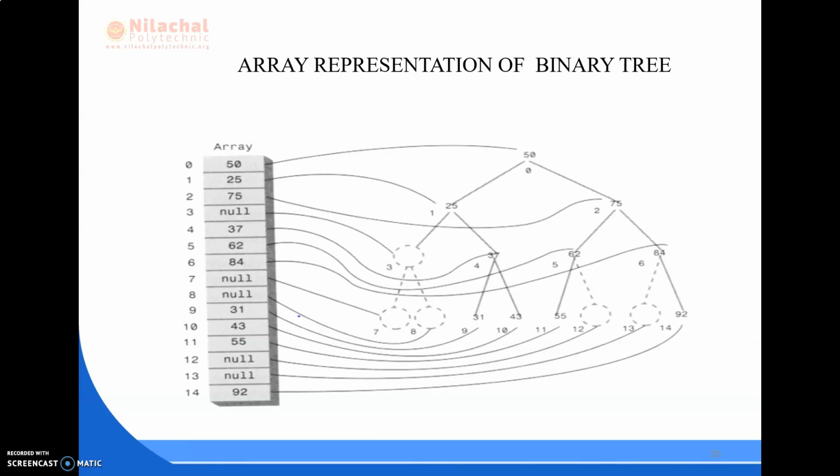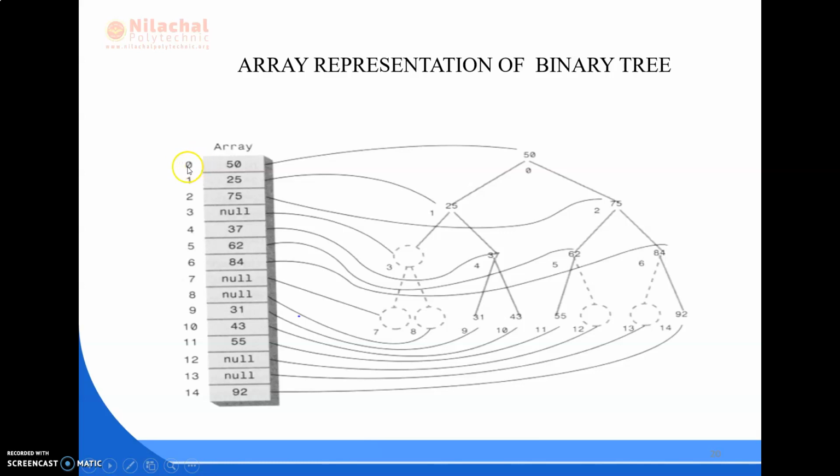Next, we will be discussing the array representation of binary tree. So how is a binary tree basically stored in memory in array form? Here we can see, as we already know, the array starts from a lower bound, that is starting from 0.